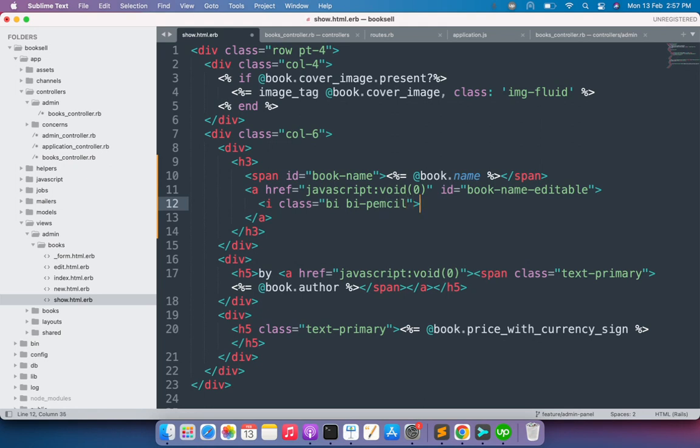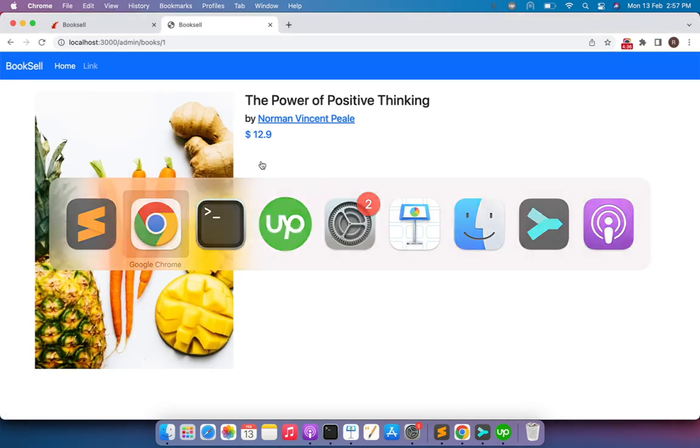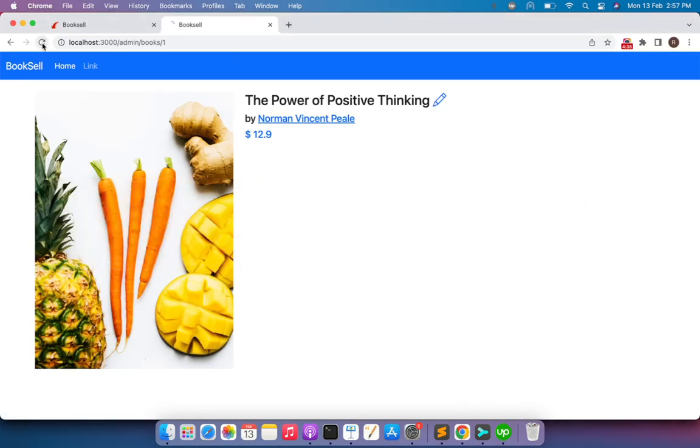Okay, and then just close this I type. First, correct this spelling. I type pencil, you just need to write pencil. Just save this, and now when you refresh the browser, you will see that here is an icon for